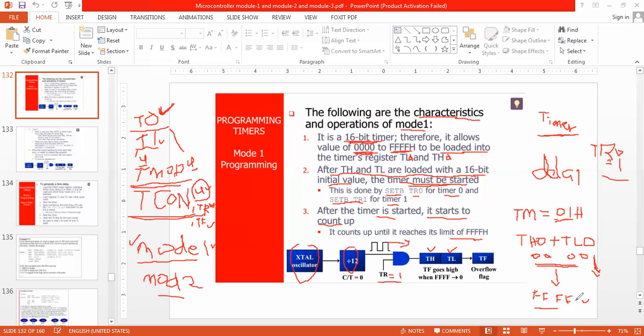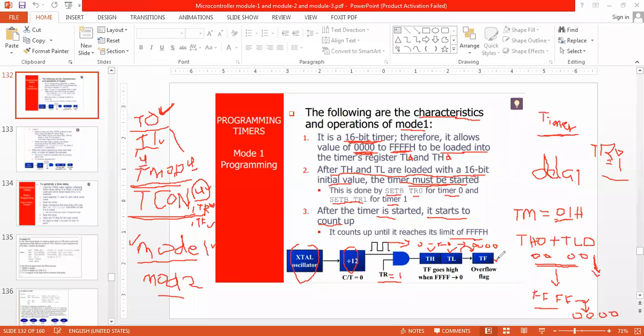When it reaches FFFF, it will overflow. What will be the next value? Again, it is going to be 0000. So whenever overflow occurs, our TF flag is there, no?